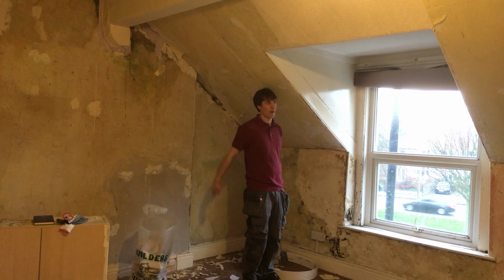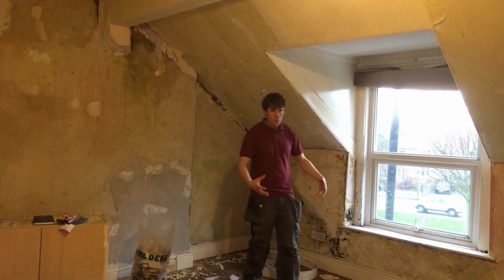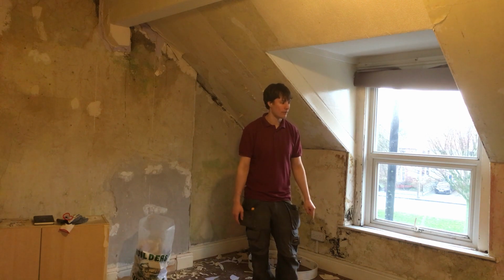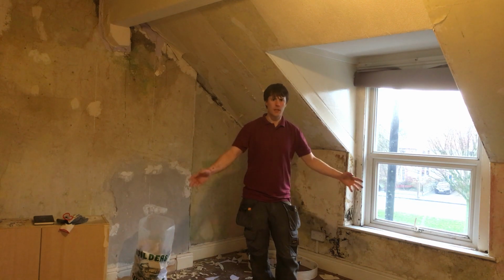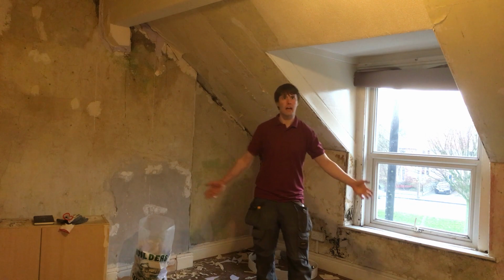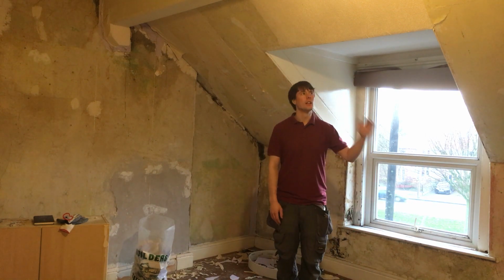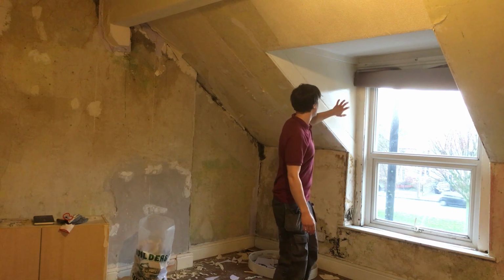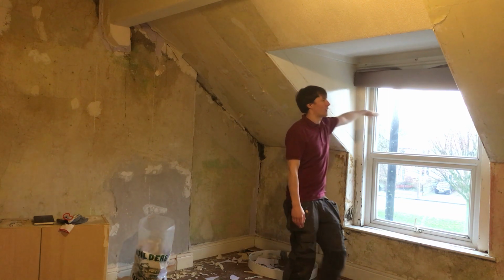So we probably only lose about half a metre of usable full standing height room, still leaving about two and a half, maybe even three. They're big rooms. So this is definitely a double bedroom, even with the eaves there, and we also have this dormer,